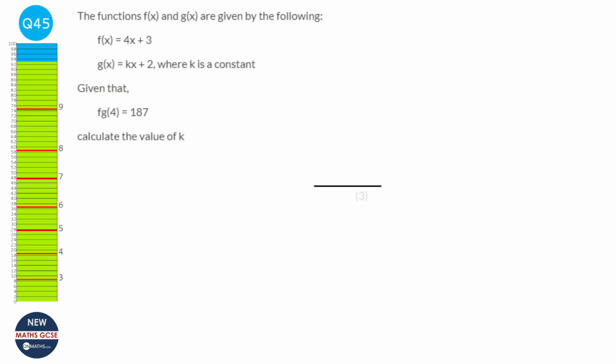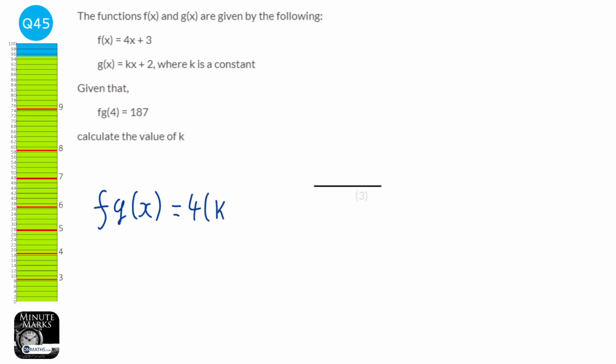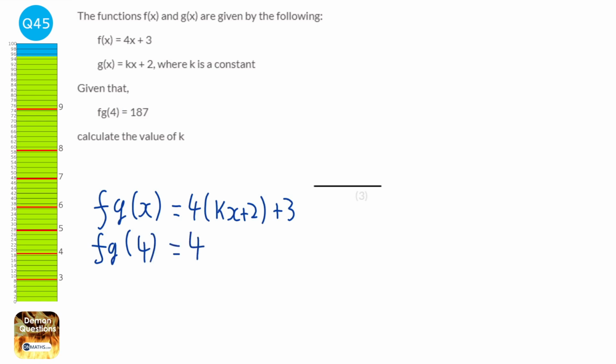We're going to first of all work out what the function fg of x is. And to do that, what we're going to do is just feed in the value of g of x, the function, the kx plus 2. We're going to feed that in as the value of x in the f of x function. So instead of 4x, it'll be 4 lots of kx plus 2, and then plus 3. Now this says that fg, when 4 is put into it, gets an answer of 187. So when 4 is put into it, well, let's put that 4 into it. So 4 brackets, and it's k times 4, so that's 4k, plus 2, plus 3. And it says that that will equal